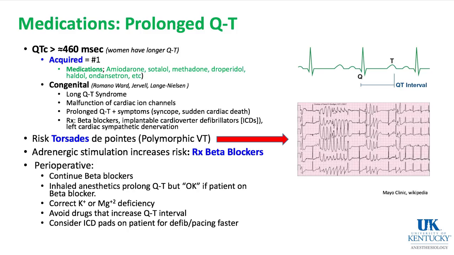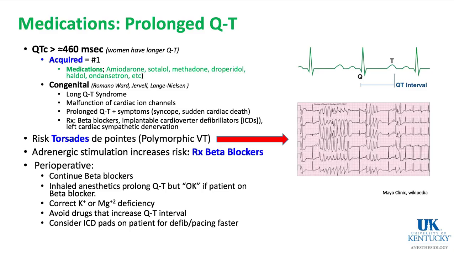Acquired versus congenital are the two types of prolonged QT interval. Acquired is medication related, and that was the key word. What medications prolong the QT interval? Amiodarone, sotalol, methadone, droperidol, Haldol, ondansetron are antiemetics, and the opioid methadone, as well as some antidysrhythmics like amiodarone, prolong it. Congenitally, there are diseases, Romano-Ward and others, that have a long QT syndrome, a problem with the calcium channels